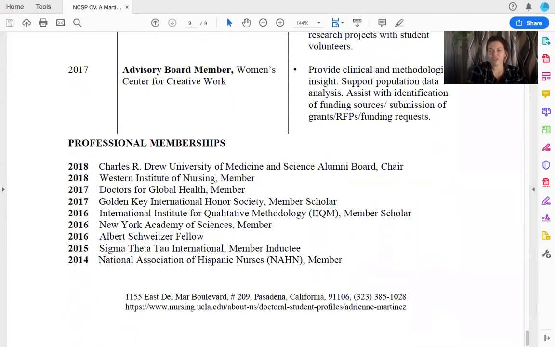You want to have some professional memberships on here. And again, these should reflect the larger who you are as a person. They should be demonstrating that you're interested in this field for more than just you and your personal benefit, because most of these memberships include providing scholarships to students, some volunteer work in the community, advocating at the state and local level for initiatives and propositions that are going to benefit